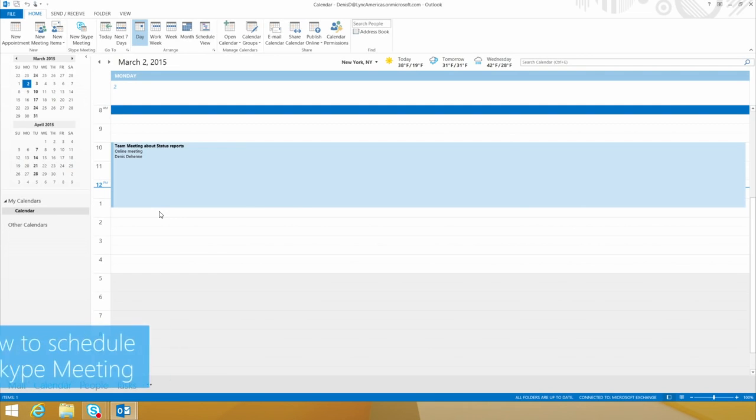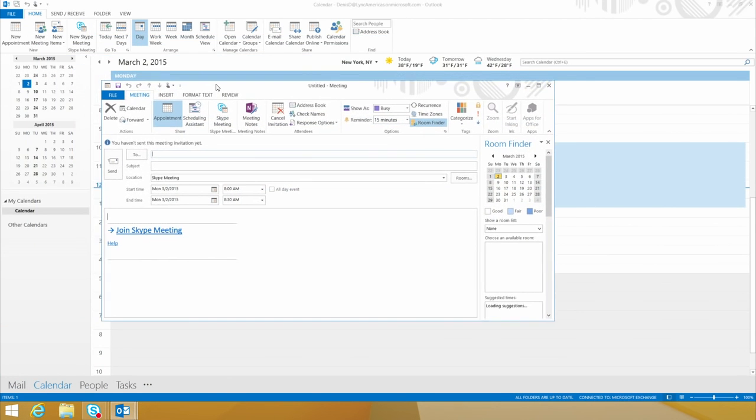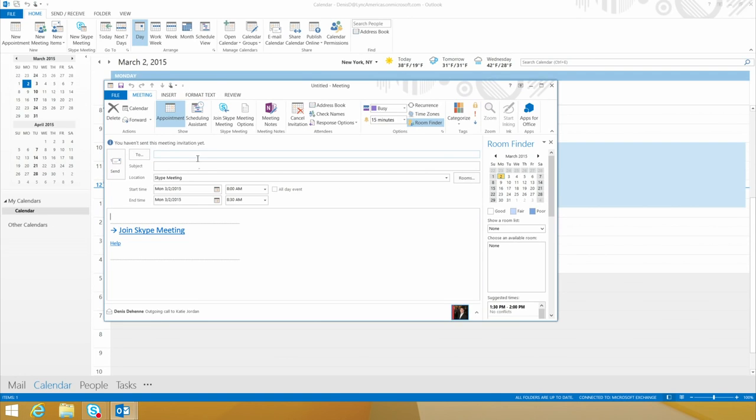One of the things I wanted to make sure that you can see is Skype for Business is super easy to create a meeting just with one click. So you click the new Skype meeting button at the top, and up pops an Outlook meeting request that is already populated with your Skype meeting information right there. Now, at this point, all I need to do is add my team members. So I'm going to add Jun Min, I'm going to add Katie, and I'm going to give it a subject, and the subject in this is going to be status report